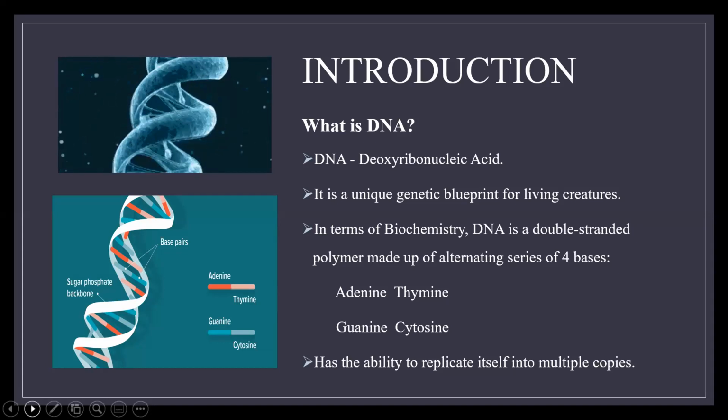To form a strand of DNA, nucleotides are linked into chains. With respect to biochemistry, a DNA is a double stranded polymer made up of bases which alternate. These nitrogen bases found are of four types: adenine, thymine, guanine, and cytosine. The order or sequence of these bases determines what instructions are contained in a strand of DNA. For example, if the sequence is ATCGCT, then the instruction might say that the person might have brown eyes.